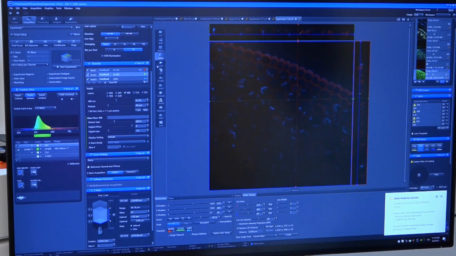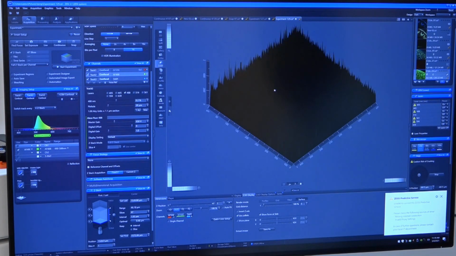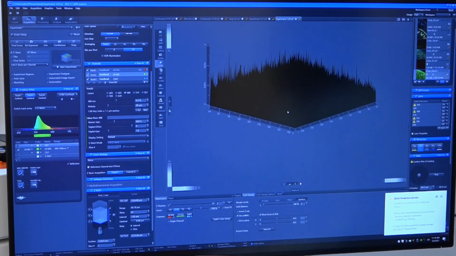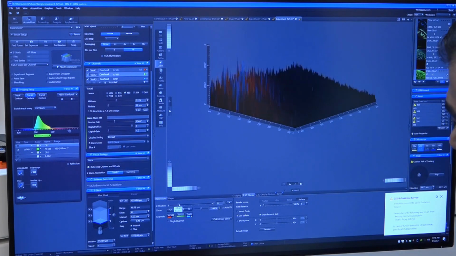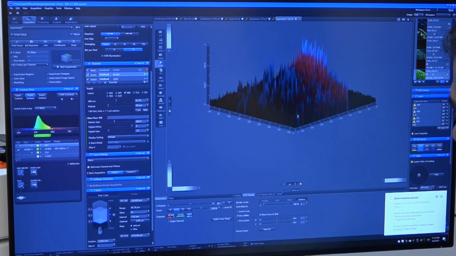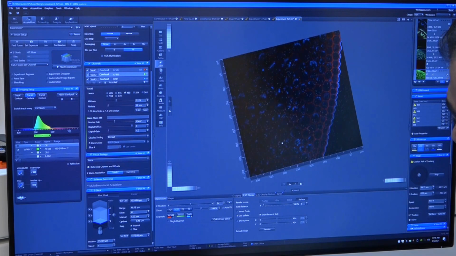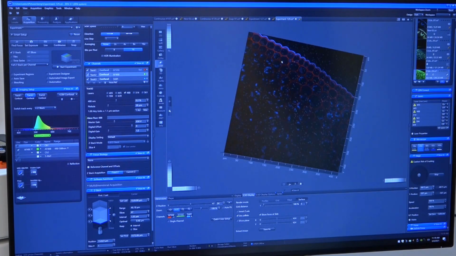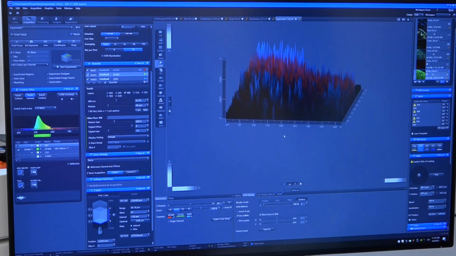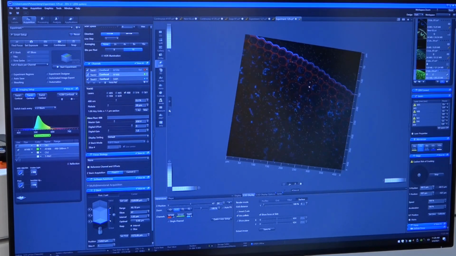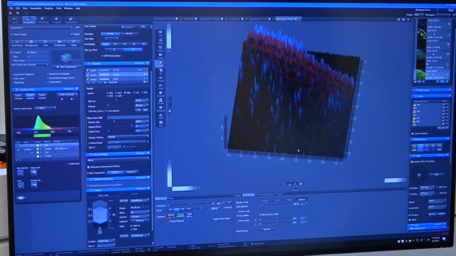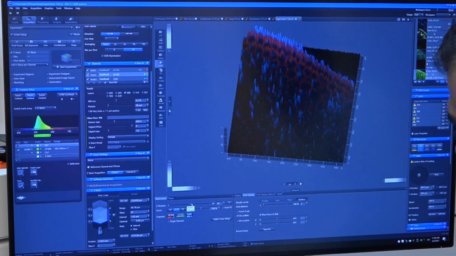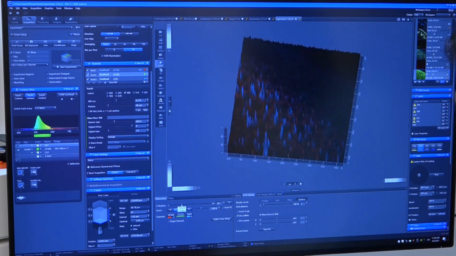And if you want to have a 2.5D, which will give an impression of how much it is raised from the flatness. So as you can see, for red and green, and for the blue, sorry, you can see the distribution here, and then you can move around to different Z positions to see different channels.